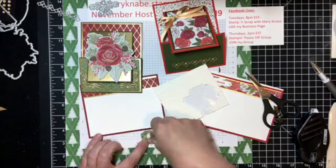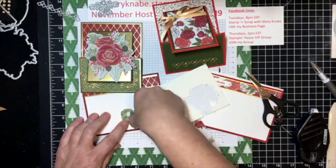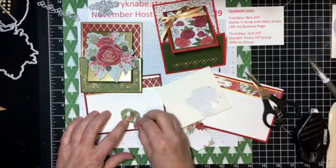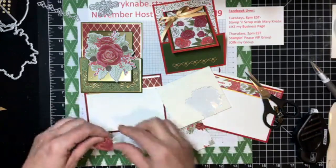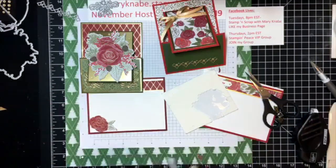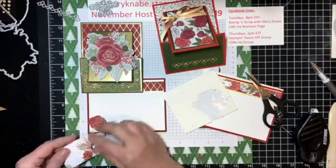Do you know this trick about getting the backs off the dimensionals? You can just use your fingernail and give it a deep push, and it kind of lifts up that backing. And you just pull it that way. Fun little trick. Okay. Now if I thought I needed something more here, I could even cut a little